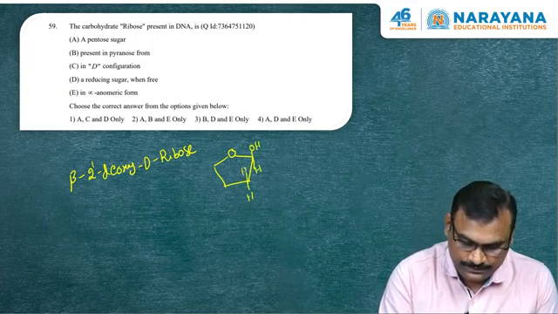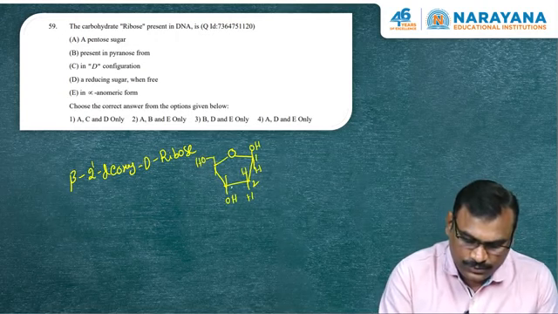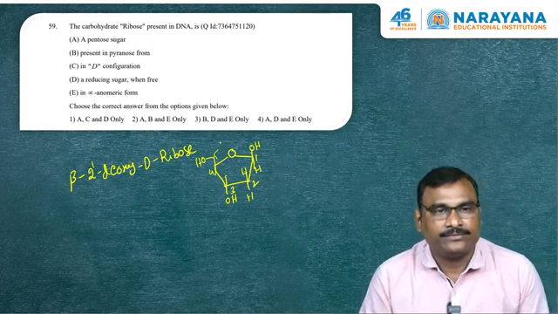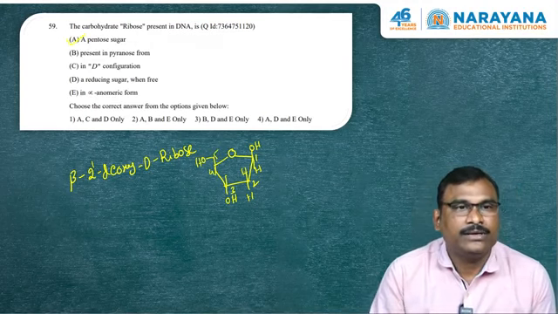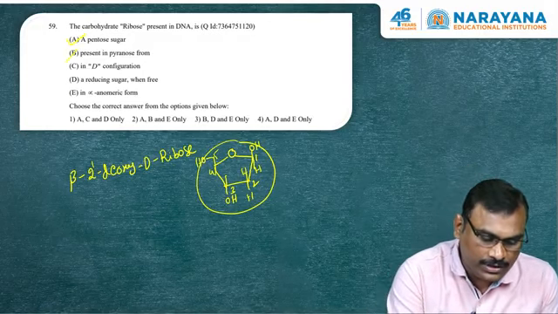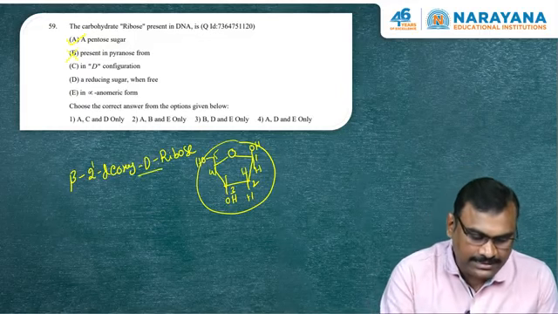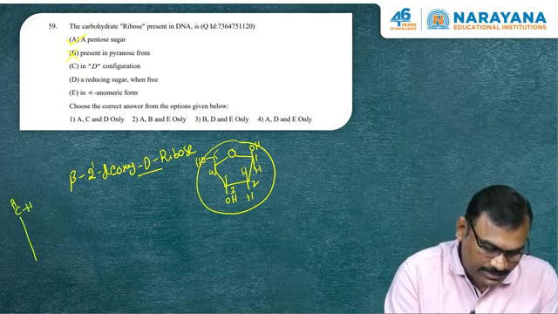1, 2, 3, 4, 5. Yes, it is a pentose. It is a pentose sugar present in pyranose form? No, it is present in the furanose form. And it is a D configuration. Yes, it is a D-ribose. In the open chain, we are writing this as,